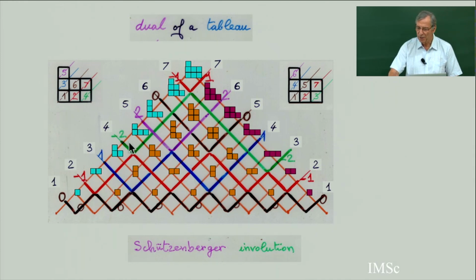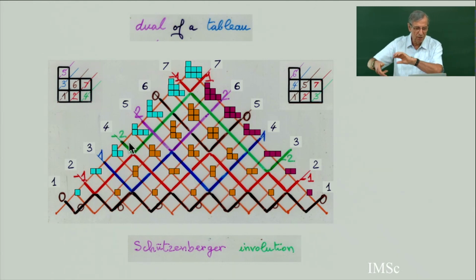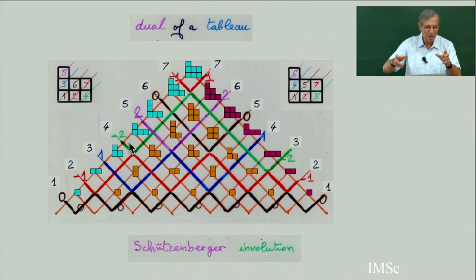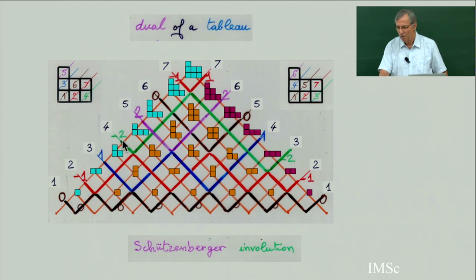So we have done everything, all this, without using Greene's theorem. Usually there is a mixture between the Knuth transposition, the jeu de taquin, and the Greene theorem. If you want to prove the main theorem, you go back and forth between these 3 ideas. So we did not use the Greene theorem, but now I am going to give you an idea of the proof of Greene's theorem.